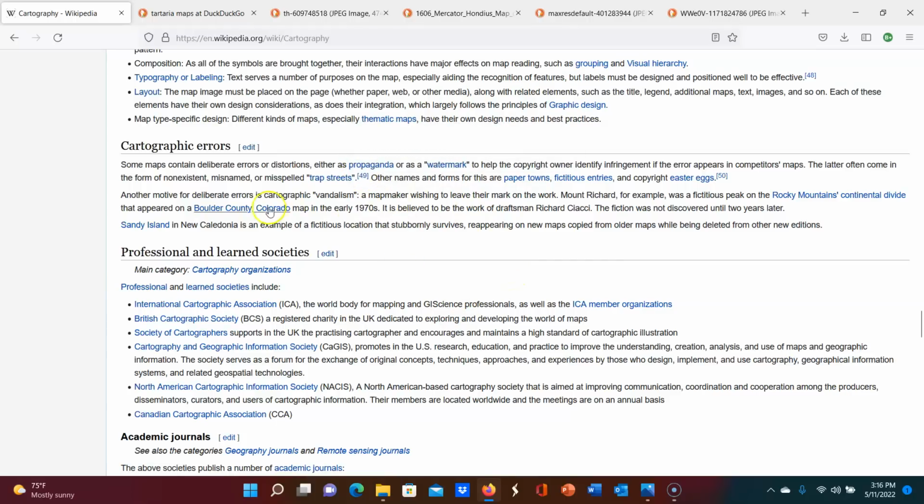There are deliberate errors. There are deliberate distortions. So we can't just use the cartography as our answer because it's a pat answer. It doesn't explain anything. Now, what I do have to say though is that this also kind of puts a little bit of a damper on other maps for me as well, though, because it tells us that